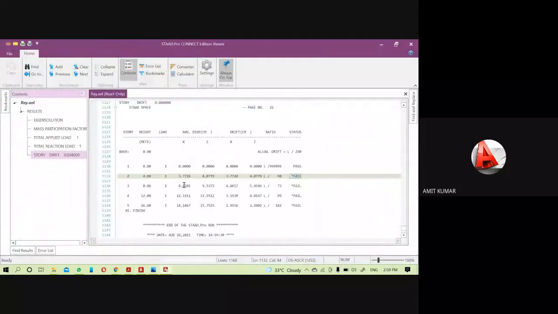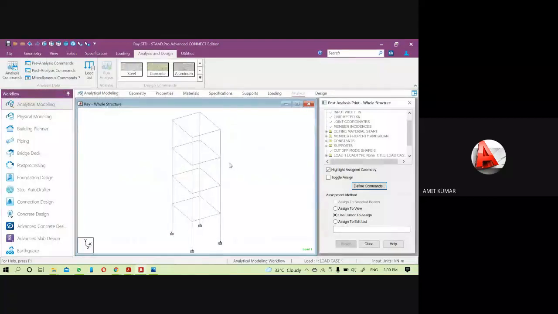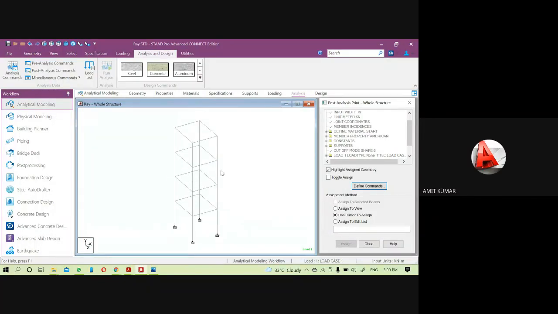Okay, so in that condition, to overcome this problem, we have to increase the structure's strength by increasing the reinforcement or increasing the section size. So due to this we can change it.